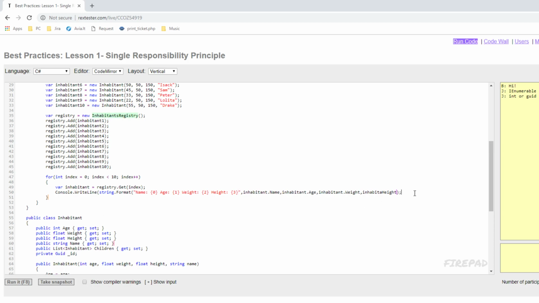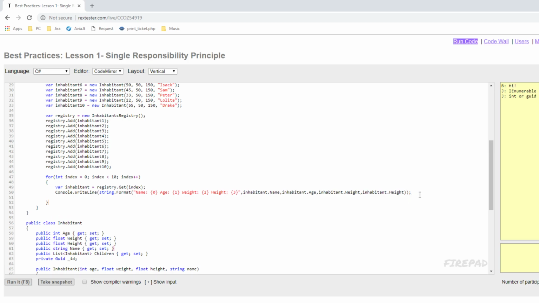That'll do. So we print that out, double brackets, and